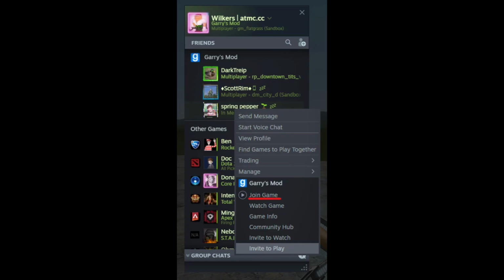Now, to join a friend's hosted game, it is pretty simple as well. Press Shift plus Tab. Then a Friends tab will open up. Select the friend that you want to join. Then just tap on Join Game. This way, you will be able to play your